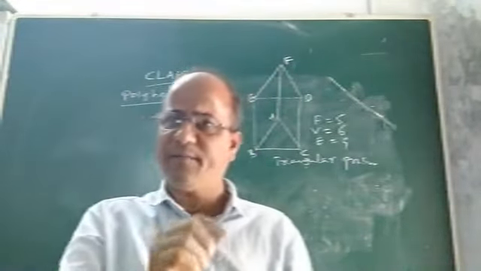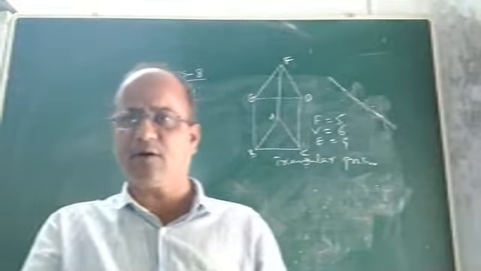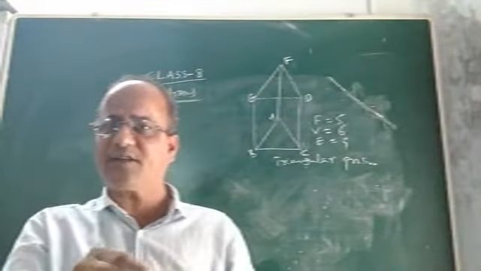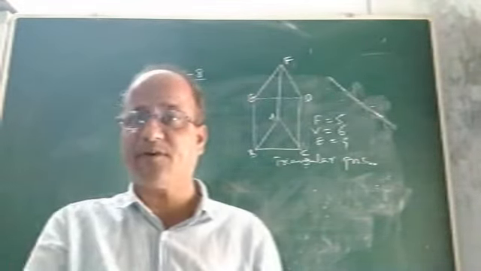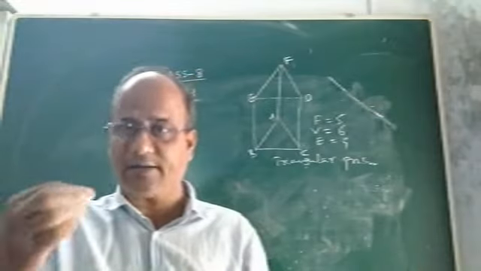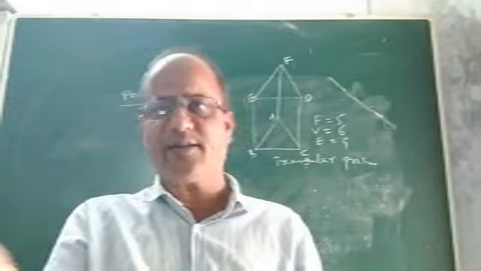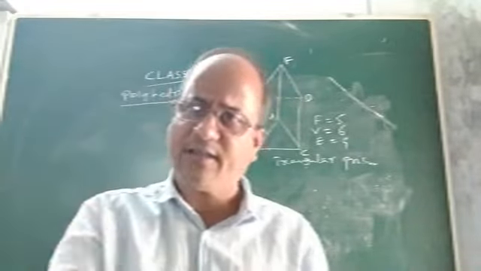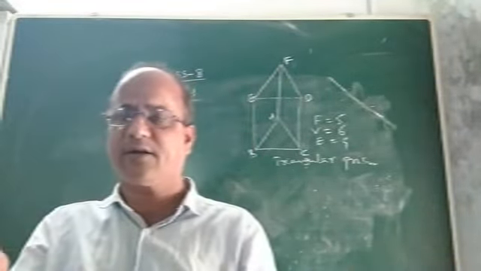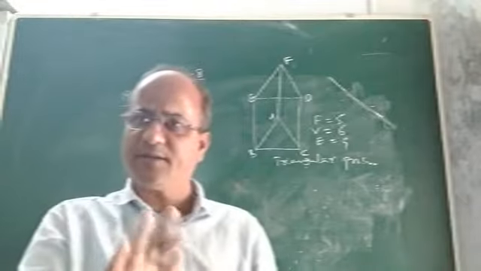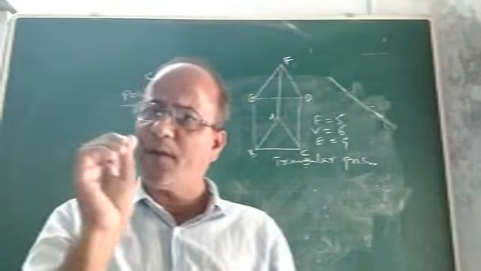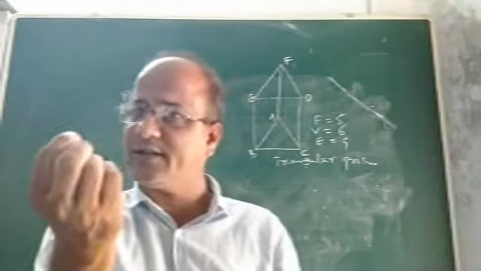Similarly, in a pyramid, look at the base on which it stands. Suppose the pyramid stands on a triangle, it is a triangular pyramid, also called a tetrahedron. If the base is a square, it is a square pyramid. If it stands on a rectangle, then it is a rectangular pyramid. Like this, it will continue. So how to name a prism and pyramid, I had told you. And the trick to find the number of faces of a pyramid, I had also told you.